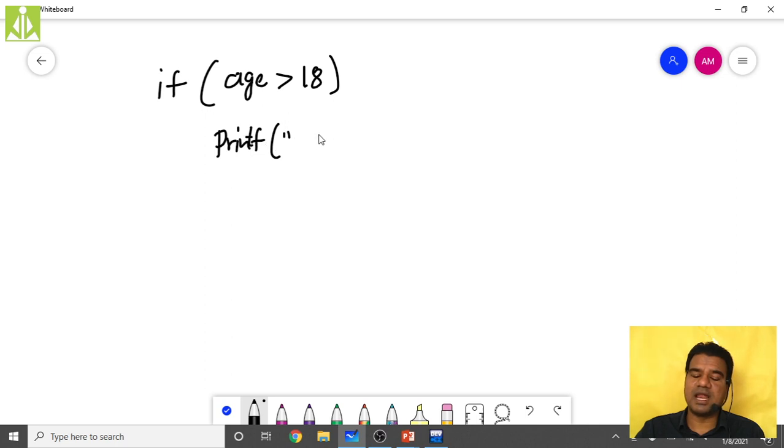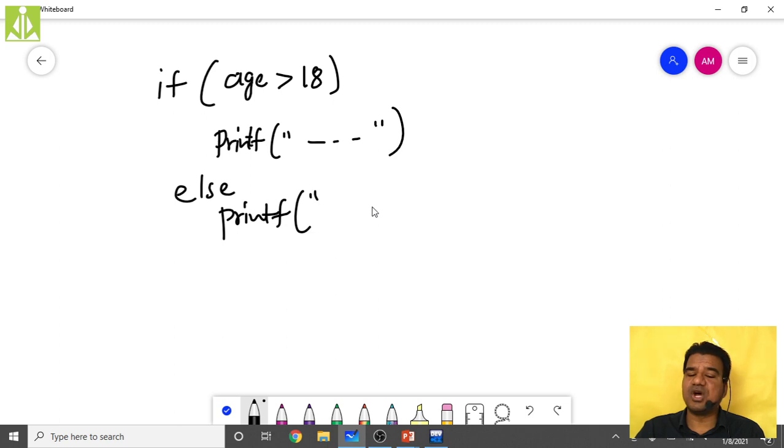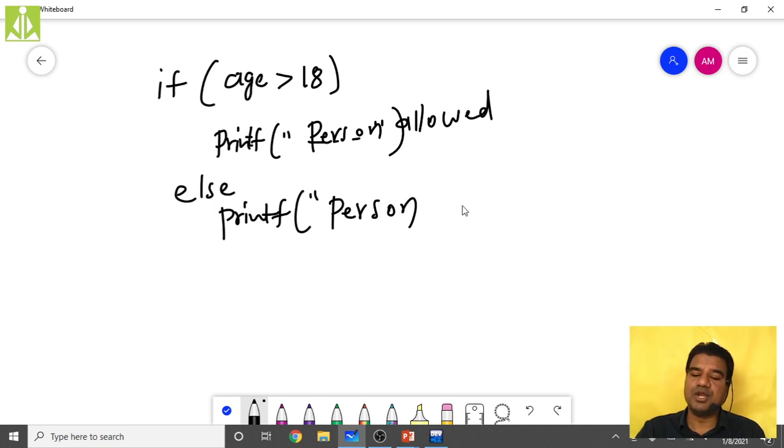Else, if the age is not greater than 18, then we say printf, the person is not allowed to vote. Only this much I am writing: person allowed, and person not allowed.